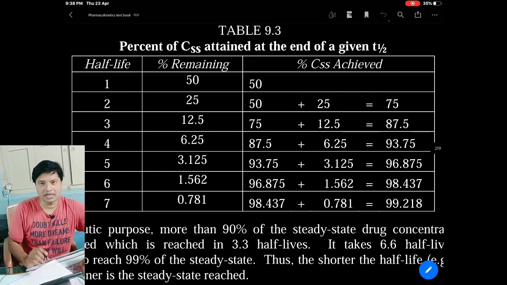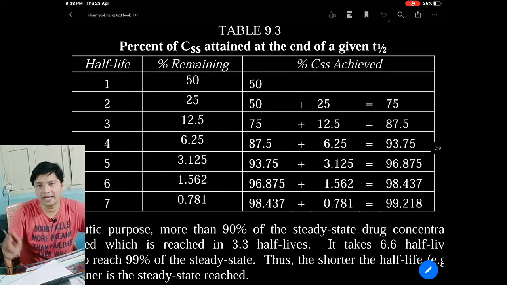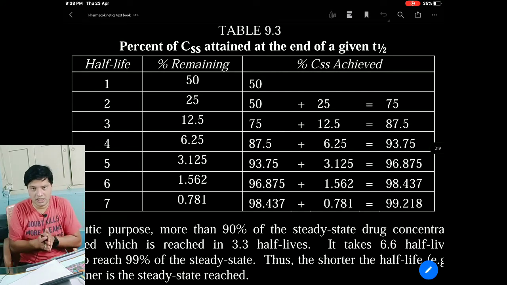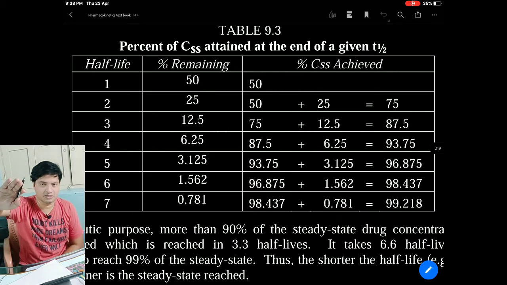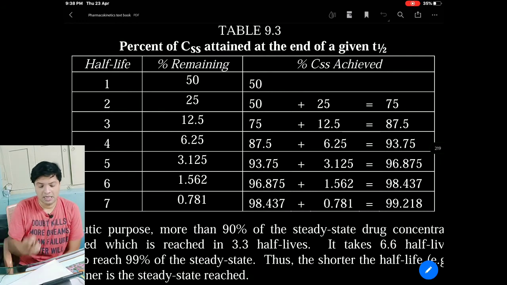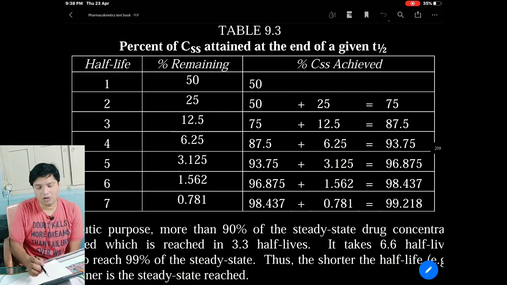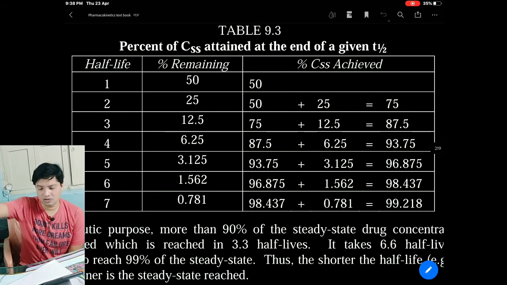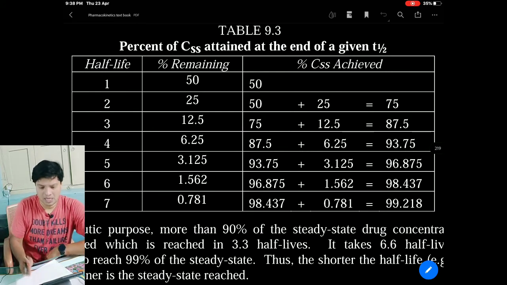Now when we come to the second cycle of the half-life, 25% of the drug will be remaining. That other 25% in that 50% which was remaining previously is utilized to again reach steady state. Whatever drug we are losing here, that lost drug is being utilized to reach the steady state. So initially 50% is utilized, again now 25%, 50 plus 25, 75% is utilized to reach. Then again after the third cycle, the remaining is 25 divided by 2, the remaining is 12.5, the other 12.5 being utilized to reach plasma concentration, and so on. That's what this graph says.